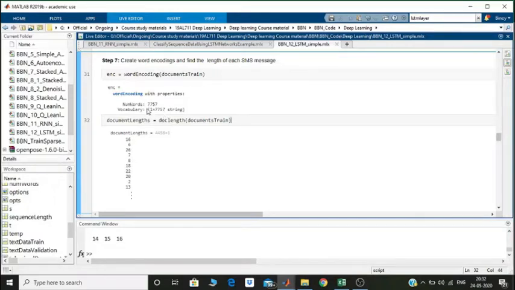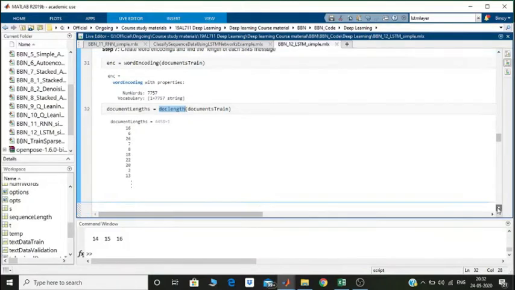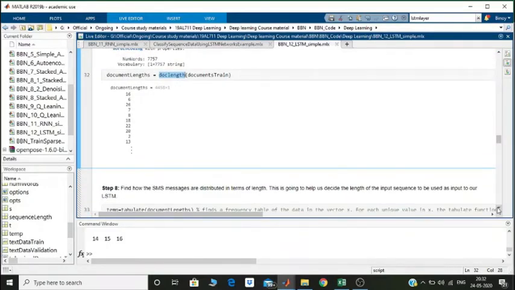And once that is done, what we do is we just try to have a look at what is the length of each document. Okay, so the length of each document is being checked out. So you can see each document in the training data set 16, 6, 26. So each of these have how many number of tokens. That's what we are trying to just have a look at.